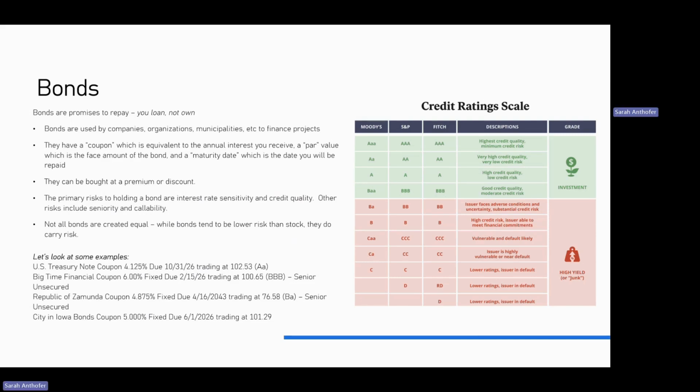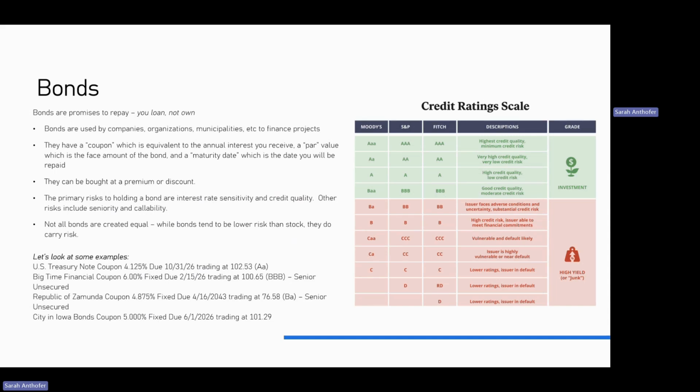You can buy these at a premium or at a discount. Premium means that I'm going to be paying more money for the bond than its dollar value. So for example, let's look at some examples down below because I think it's easier to see when you actually see how a bond is listed out. Let's look at the top one, the U.S. Treasury note, coupon 4.125%. That means that's the annual rate of interest it's going to pay. It'll pay that semi-annually. Its maturity date is October 31st, 2026, and it's trading at